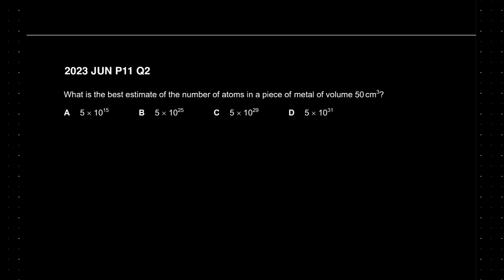Question number 2: what is the best estimate of the number of atoms in a piece of metal of volume 50 cm cube? Now this is a slightly, I would actually go on to say, difficult question. So the first thing that you have to identify here is that the diameter of an atom is of the order 10 to the negative 10